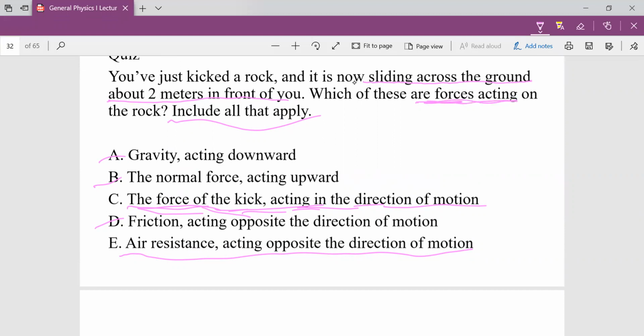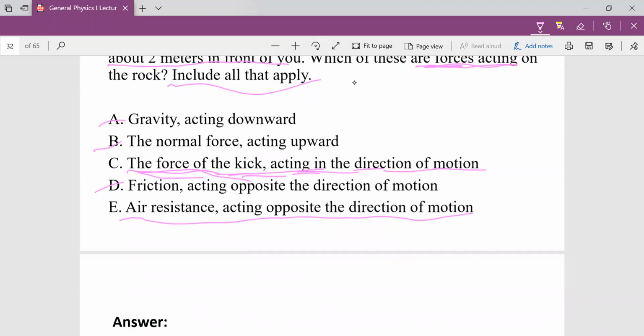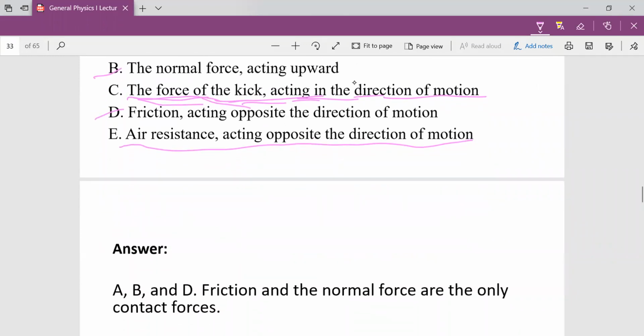So in describing some of these forces, in identifying forces when there's a motion, some of the description of forces are implied in the question, some are given expressly. So it is that part of the implied force that tends to confuse us when we are describing, because we tend to say, okay, let's start from the very beginning. I kicked, so I exerted the force of kick. Well, that's not it. It's not part of it, okay? Because the rock is already in motion.